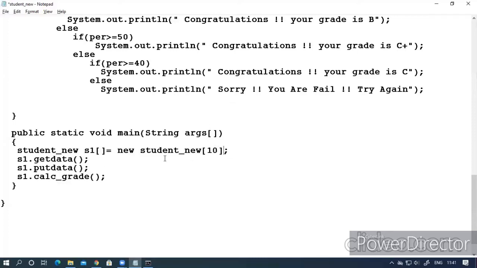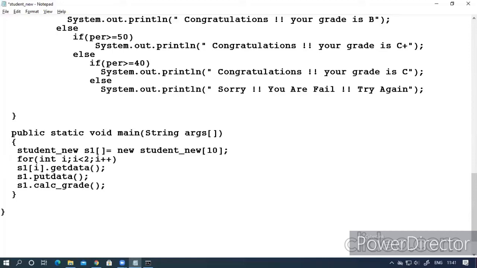Whatever number of objects you want, you can take. Same as the previous program, you have to input it using a loop. I will take only 2, otherwise it will take a lot of time for inputting the data. So now you have an array of your object.